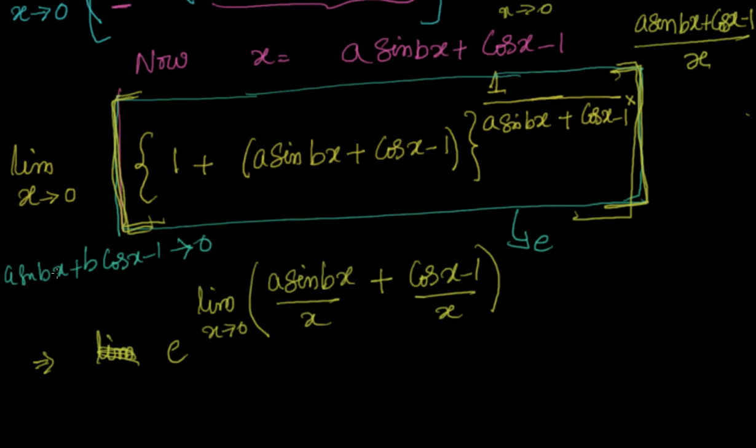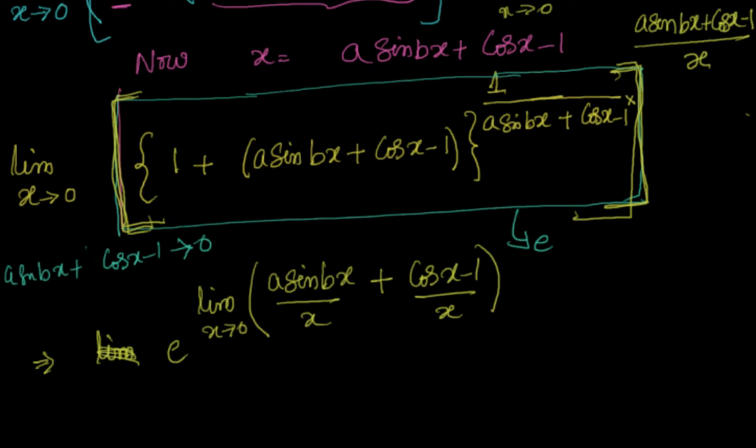If you substitute x equal to 0, let us see, a into 0 is 0 plus, okay, then we have b into 1 minus, a sin bx plus cos x. So cos x is 1, 1 minus 1 is 0. So you can see that a sin bx plus cos x minus 1 also tends to 0. So that is why we haven't specified it in some problems, but that is implicit. Whenever you are converting, automatically it will tend to the same value 0.